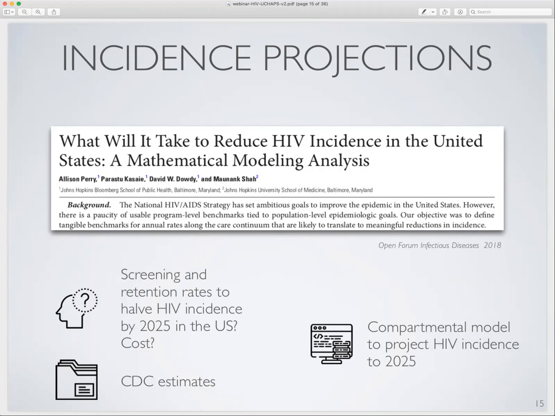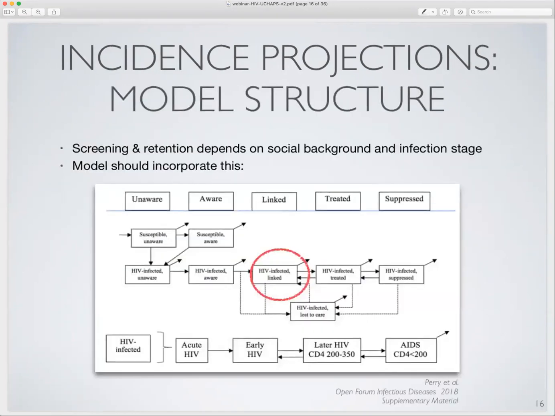And a compartmental model is very different from the model that reconstructed the sexual network in the first example. And the data used here in the model are nationwide CDC estimates. So screening and retention rates depend on the social background and infection stage, and the model should incorporate this. I'm not going to get into the details of this model, but just to give you a sense of the complexity and also the kind of data needed, here is a diagram of part of the model from the